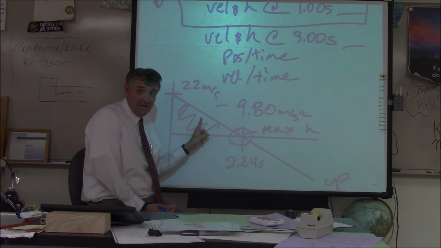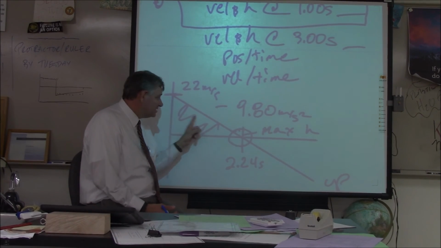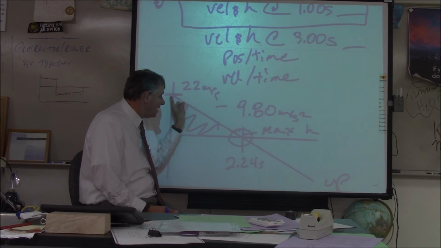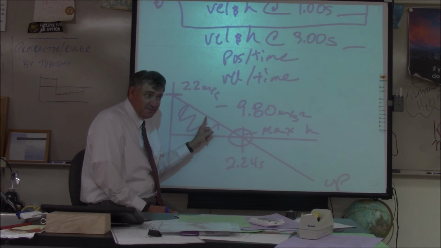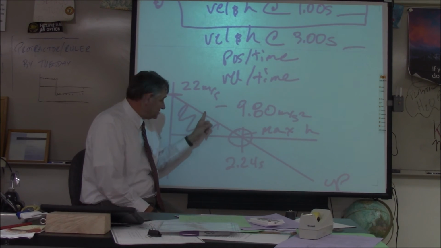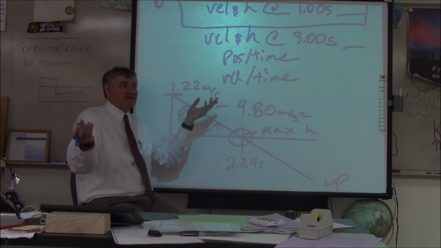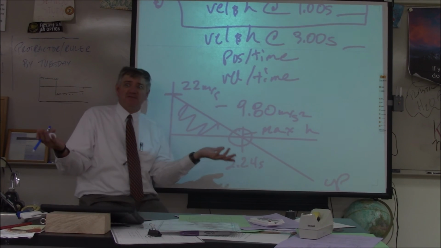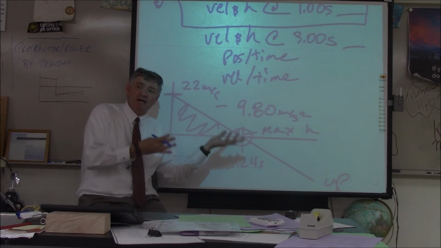8 to 9.8, right? That's what the slope means. So if I want to figure out how fast I'm going at the end of 1 second, what's the only thing I need to do? Subtract 9.8. Oh, that's kind of cool, right? Because that's how fast I'm going to be going at the end of 1 second, because that's what that acceleration